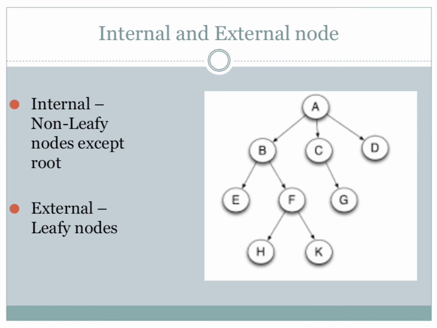So the non-leafy nodes except the root are the internal nodes. It should have both side connections. It should have a predecessor and a successor. The external nodes are the leafy nodes. That is, it should not have any successors. It should be located at the last point and it should not have any children. That is called external nodes. That is the leafy nodes. The internal nodes are non-leafy nodes, that is, A does not have both connections, so the root is not considered as an internal node. It is an external node.